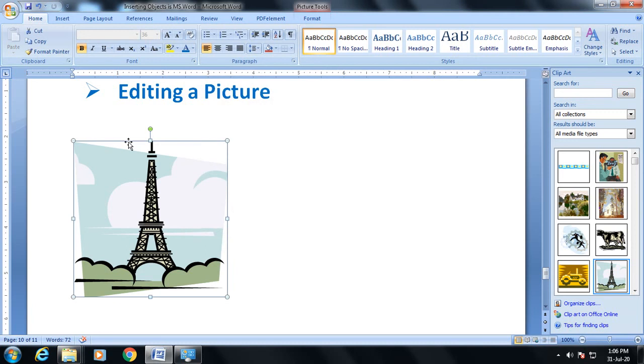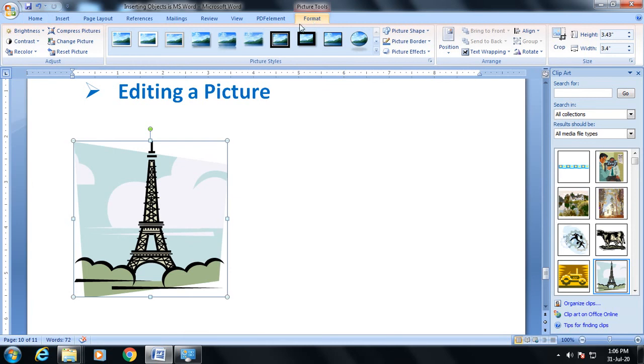Now if I want to crop this picture, how can I do it? You need to select this picture and go to the Format tab. You will see the Crop option over here. So you need to click that option. Now you will see some brackets over here. Click on any bracket and move inside.